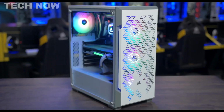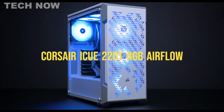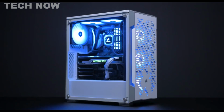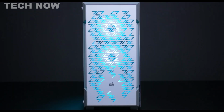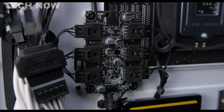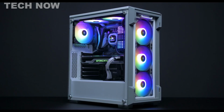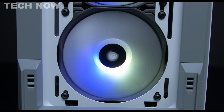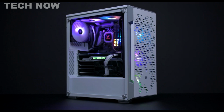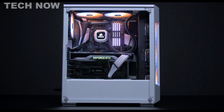The Corsair iCUE 220T RGB Airflow is a feature-packed mid-tower ATX smart case designed for PC enthusiasts seeking optimal performance and stunning aesthetics. This compact case boasts a high airflow layout, ensuring efficient cooling with 3 SP120 RGB Pro fans included, providing vibrant RGB lighting that's customizable through the Corsair iCUE software. Its stylish design is available in black and white finishes, featuring asymmetrical ventilation slots on the front panel, giving it